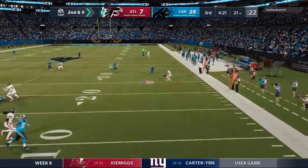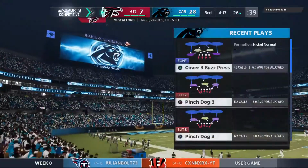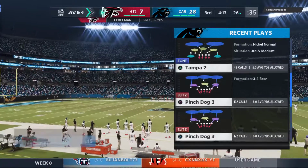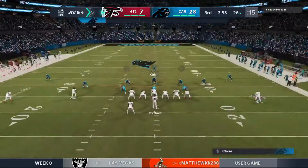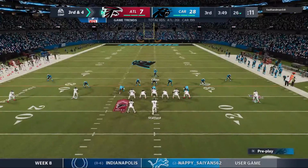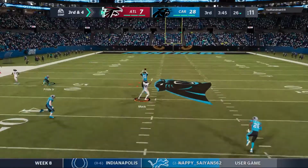Flush to his right. Going right side here, and that's complete. And he's able to get up here to the 26. One thing you're hoping for when you run drag routes, you're able to hit a receiver in stride, and he can pick up a lot of yardage after the catch. But in this situation, the defense was effective, able to stop him before he...